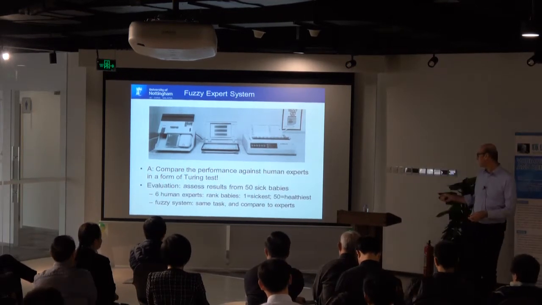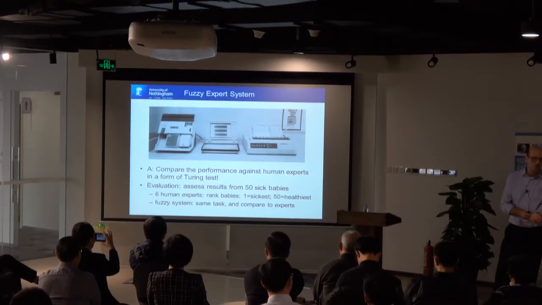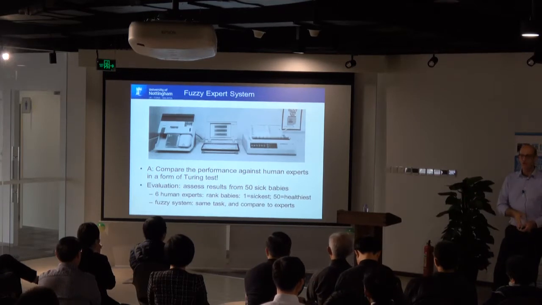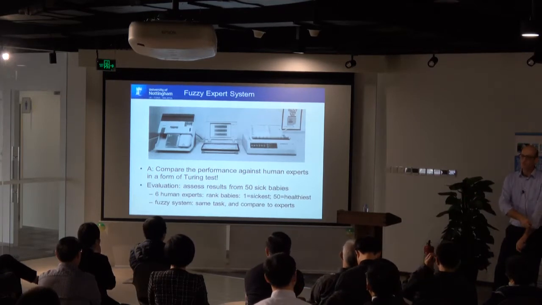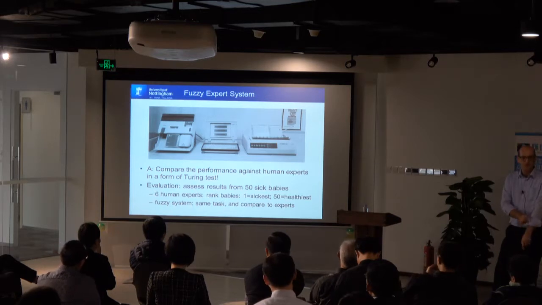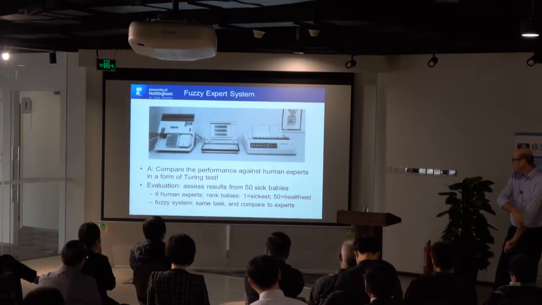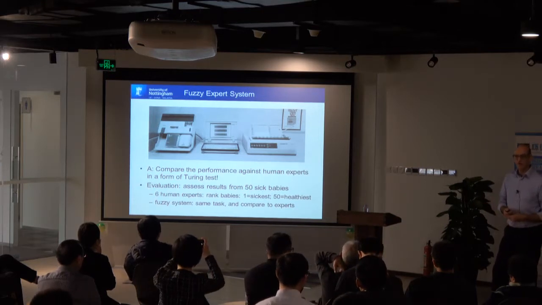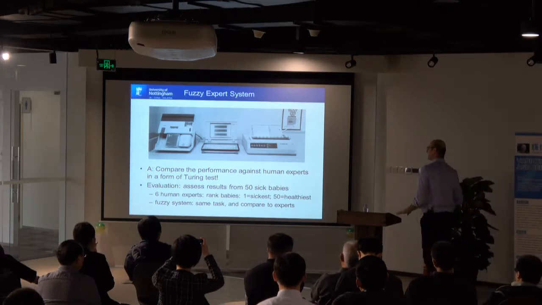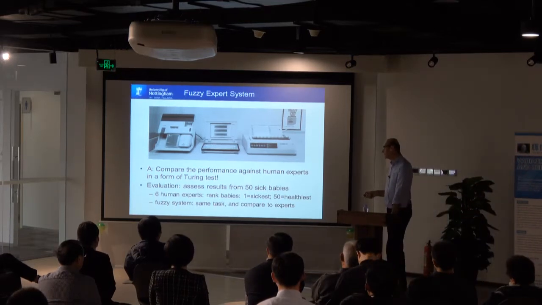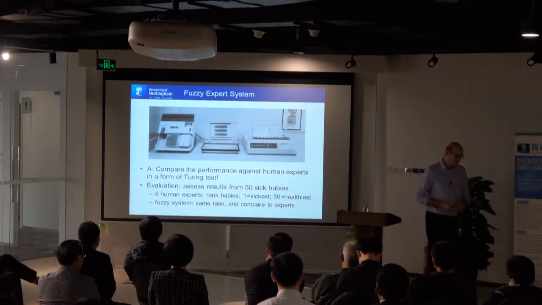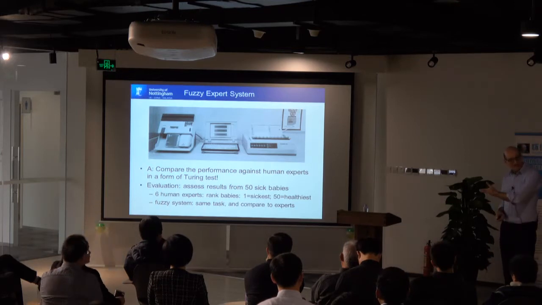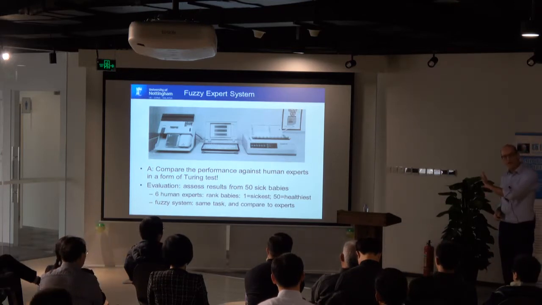I compare it against experts in a form of Turing test. This isn't the full Turing test. I'm not claiming I'm creating artificial intelligence here. I'm just saying we've got a form of expert system acceptance test. And my expert system assessment test is: is my system giving the same answers as my experts? So, I was working in a world-leading research group of world-leading experts in this acid-base, this umbilical cord blood analysis.